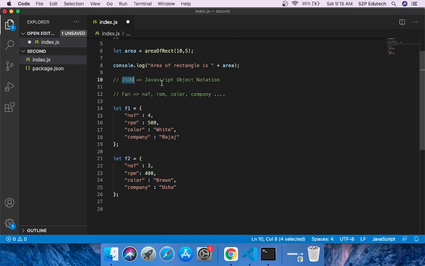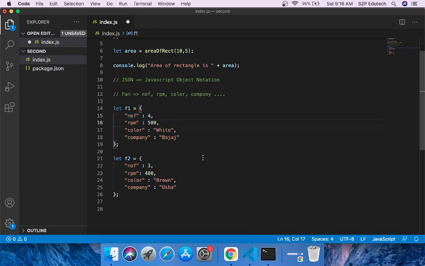JSON, or a JSON object, is always enclosed in curly braces, and it contains comma separated key value pairs. Each key value pair is separated by a colon.